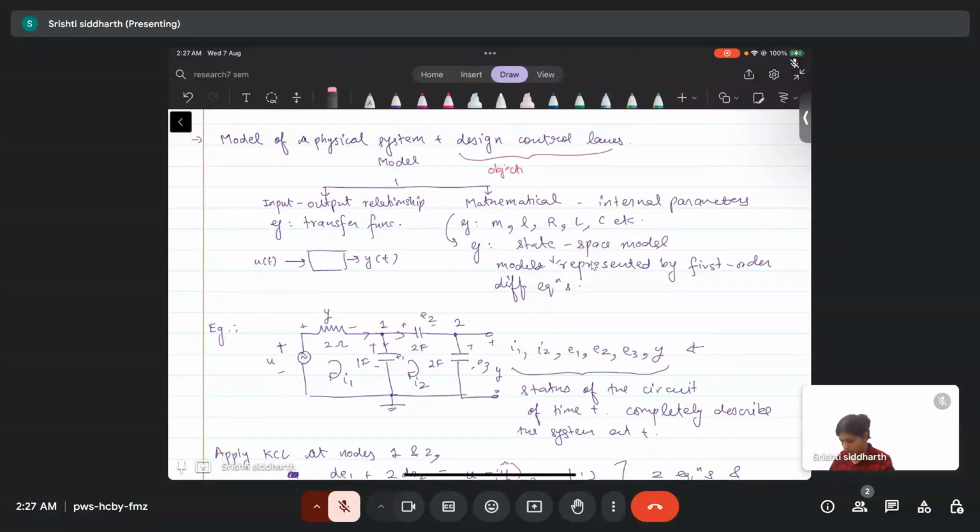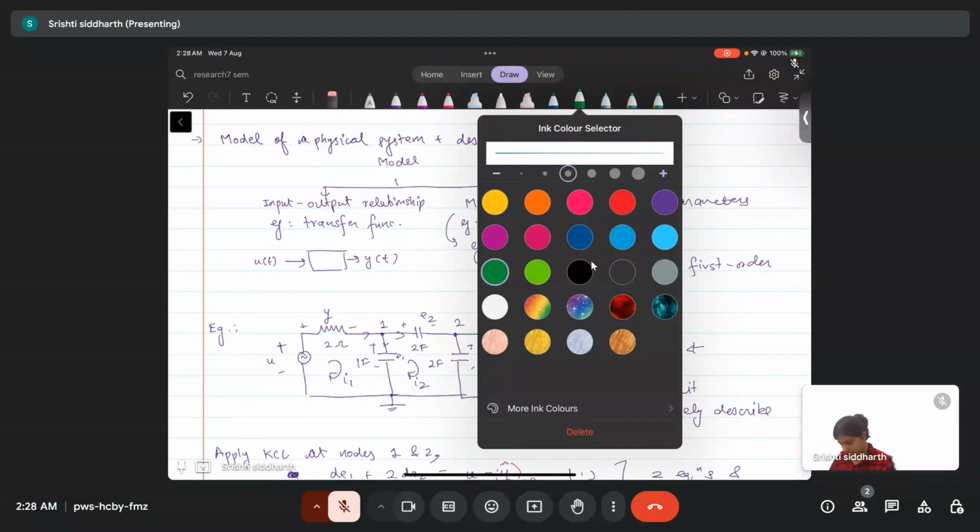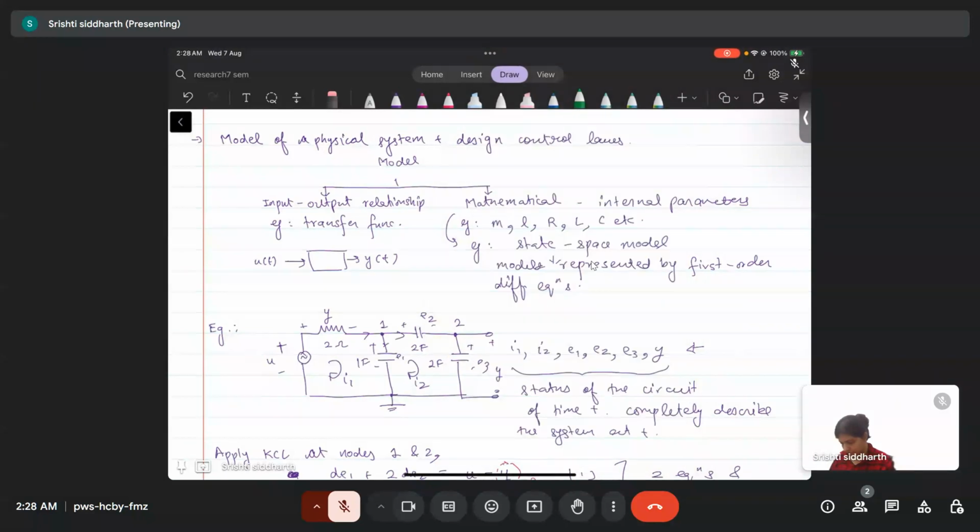I'm just going to write this down. This is the objective: to design control laws such that our system